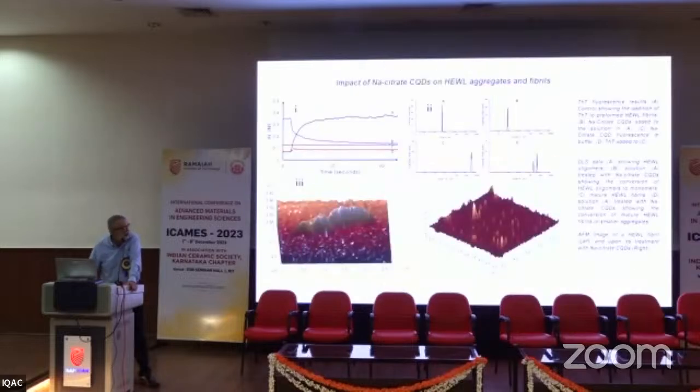And then we also used AFM. So you can actually see a fibril there. And look what happens when we add the carbon quantum dot. You have the silicon wafer background, right? So these carbon quantum dots were able to dissolve the fibrils. So now we not only have fluorescence, we have size, and we have actual data looking at these fibrils using an AFM. Of course, the AFM costs a lot of money, and we don't have the luxury of doing one afternoon experiments like we can do in the fluorimeter or DLS. The outcome of this is what we in the profession like.